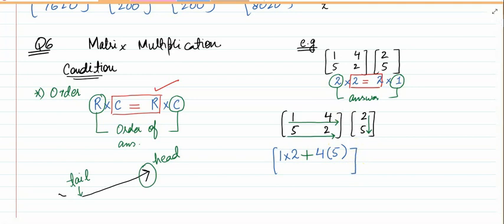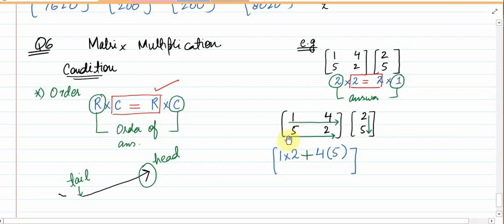The same technique we are going to apply in the second row. 5. 5 is on the tail side. Tail will be multiplied with tail side. So 5 will be multiplied with 2. If we are moving from 5 towards 2, we need to incorporate a positive sign. This positive means that now we are standing at 2. And 2 is on the head side, so head will be multiplied with head. So 2 will be multiplied with 5. Right?